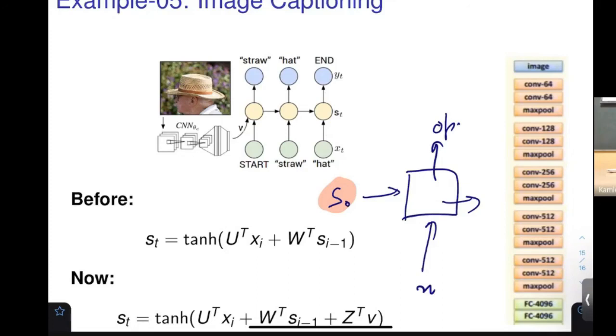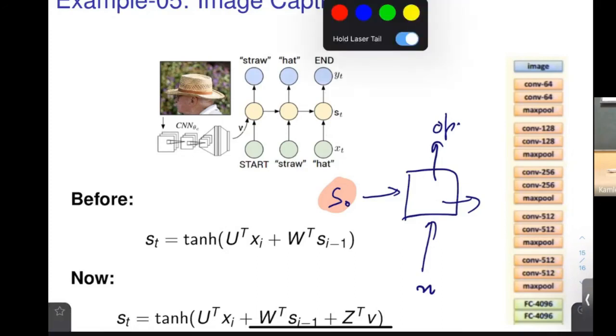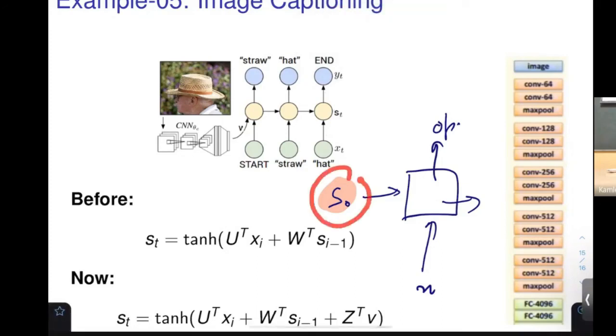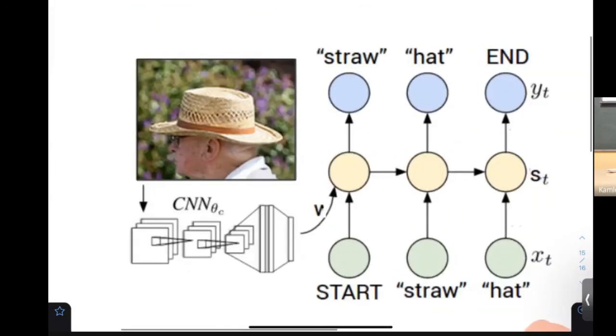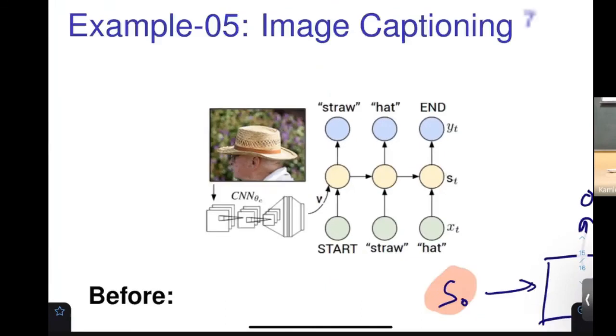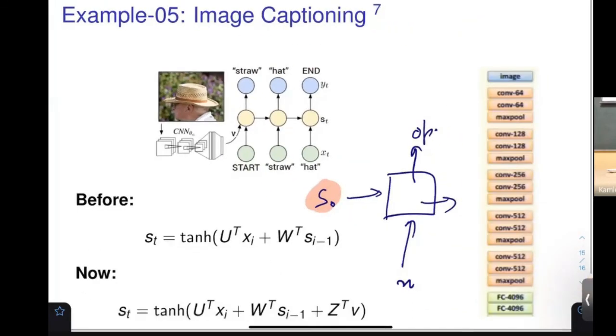So this is a point where they wanted to include some meaningful information at this particular place. Let me tell you what I mean by this. They were working on a problem called image captioning: given this image, how can I write a caption for it? They extracted some features using CNNs and then applied fully connected layers, and at the end they came up with some kind of feature.